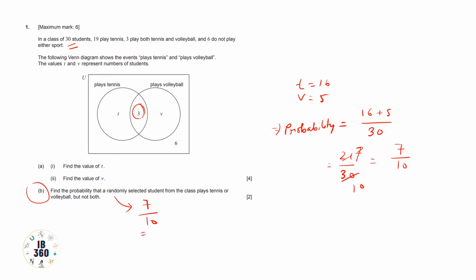This is the probability. One more tip from this question: how will you ensure that your probability answer is correct? The value of probability must lie between 0 and 1. You have to remember this. Obviously this is less than 1, so our probability answer is correct up to the syntax level. Now we will move toward the second question.